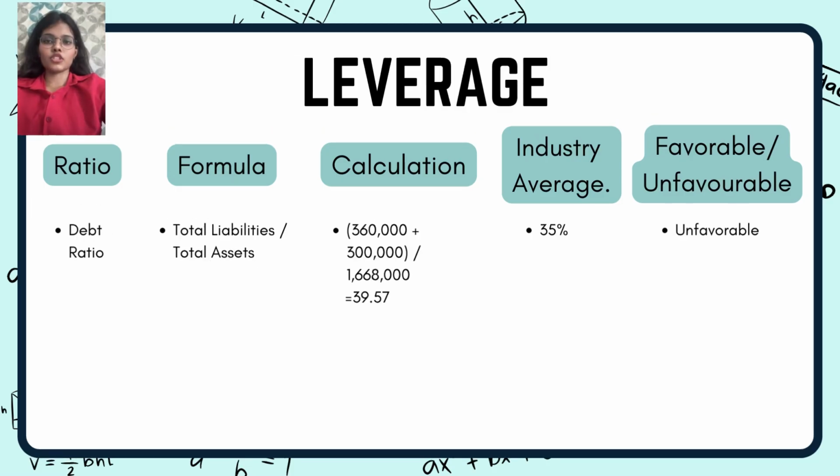Moving on to leverage ratio, which measures financial risk and the extent to which KEC uses debt. For the debt ratio, the formula is total liability divided by total asset. Thus, the debt ratio is 660,000 divided by 1,668,000, resulting in 39.57%. The industry average is 35%. This is unfavorable, as it indicates that KEC is more reliant on debt than the industry standard, which increases financial